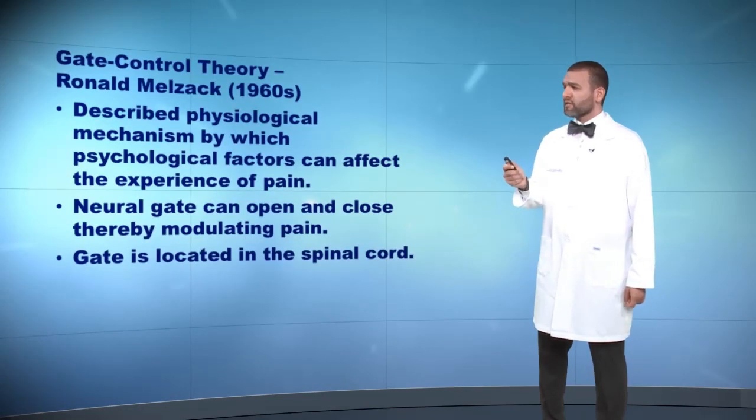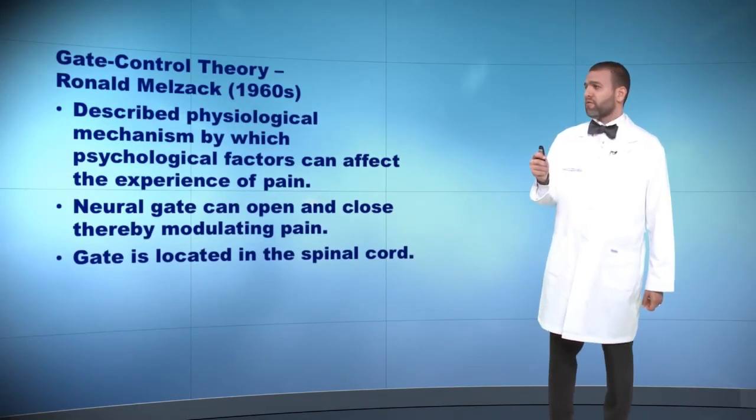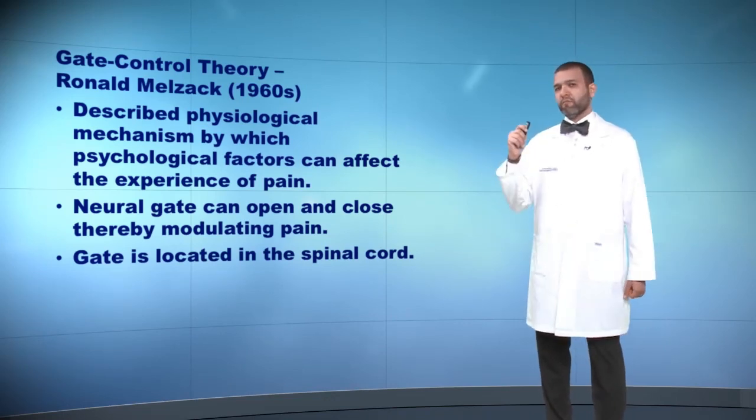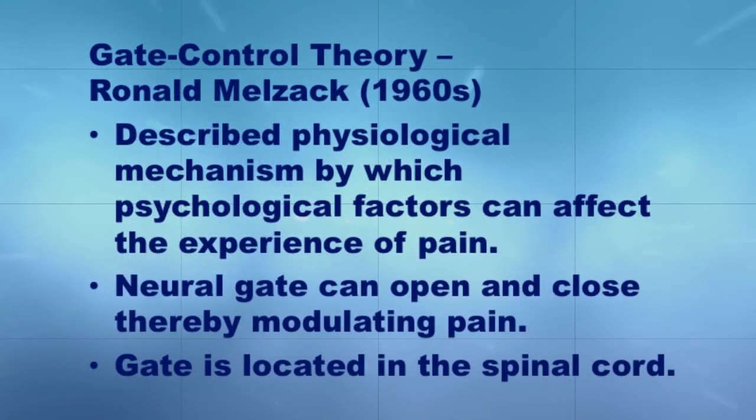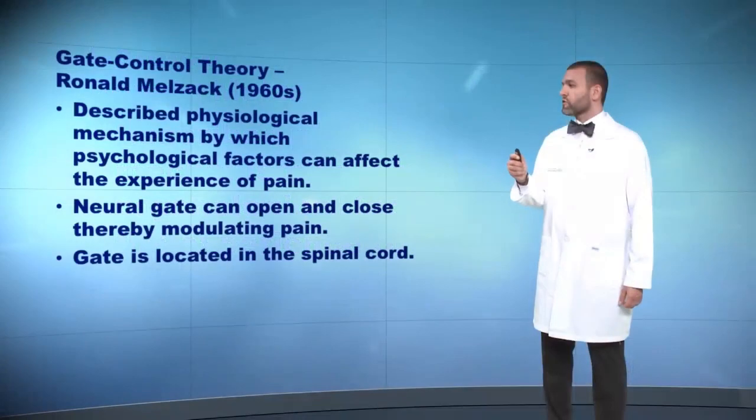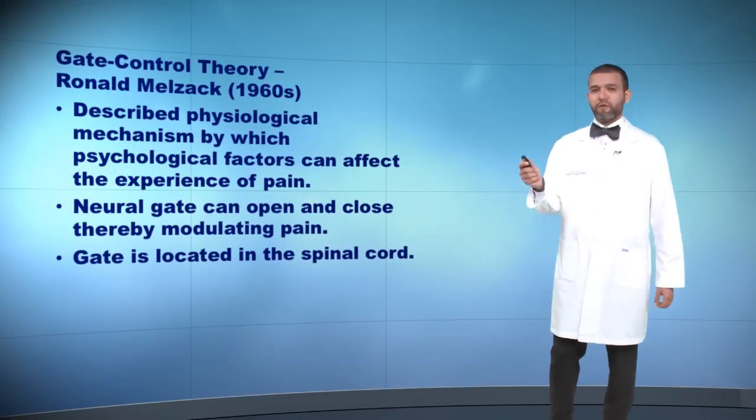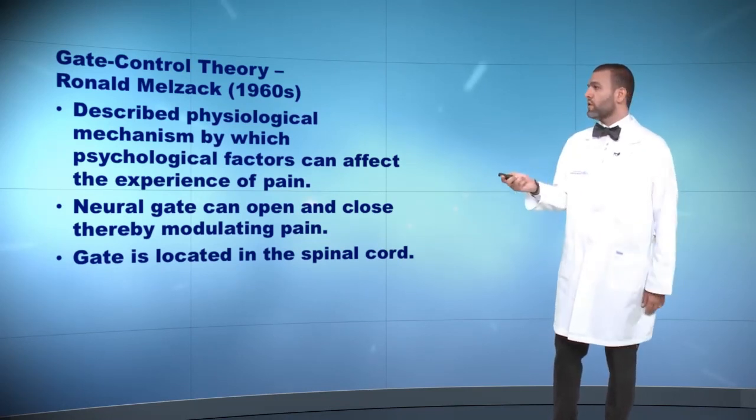This was developed in the 1960s, if I'm not mistaken 1963, and it was a description of the physiological mechanism by which psychological factors can affect the experience of pain. So the neuronal gate will open and close usually at the modulating part of the spinal cord. So the gate is usually located at the spinal cord, and it opens and closes